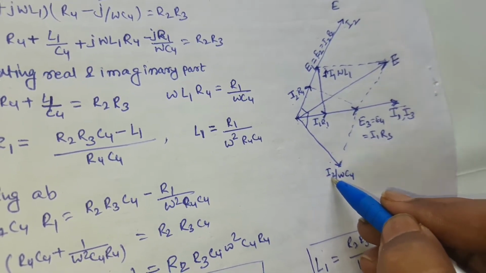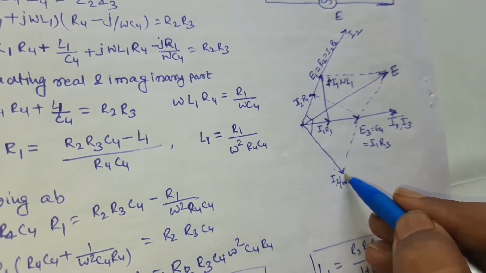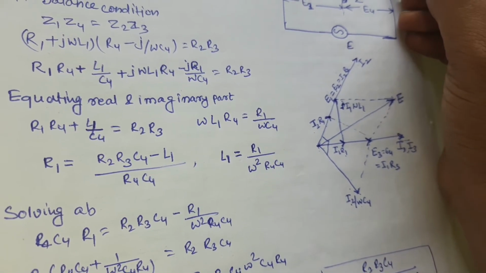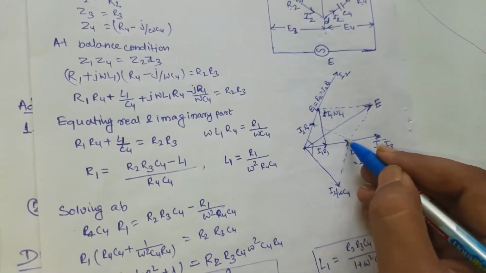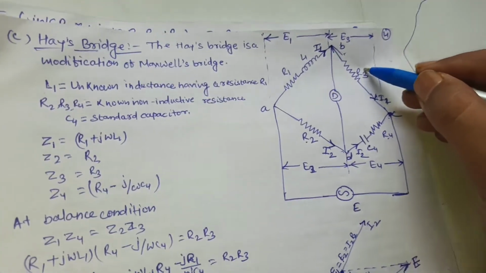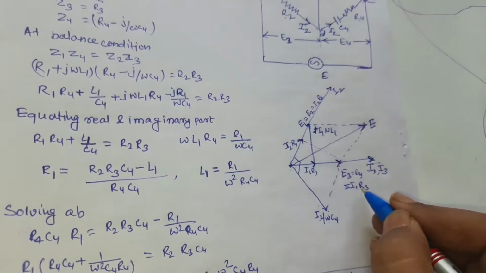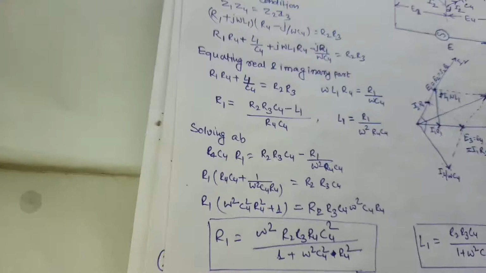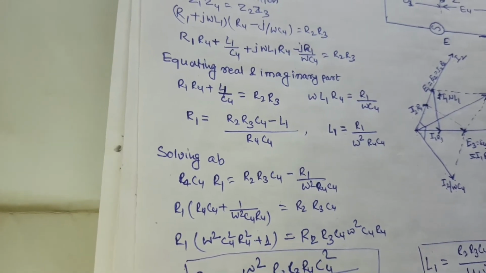That's why it is I2 by omega C4, and the sum of I2 into R4 plus I2 by omega C4 is equal to E4. At balance condition E4 and E3 are the same, and E3 is equal to I1 into R3. In this way we have drawn the phasor diagram of the Hay bridge,